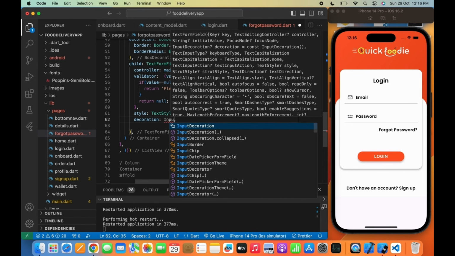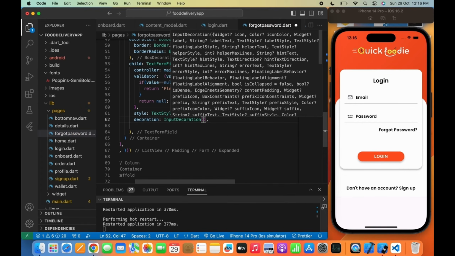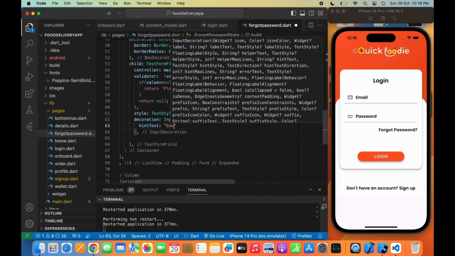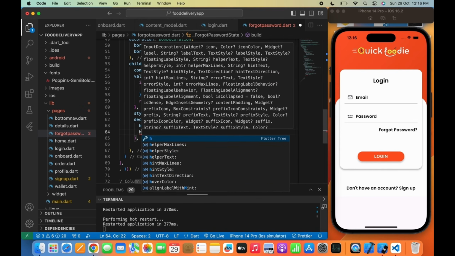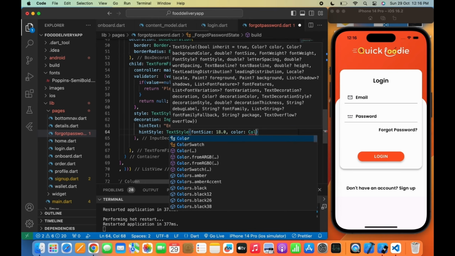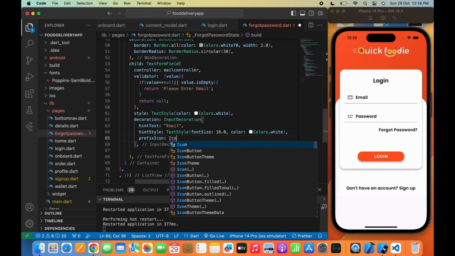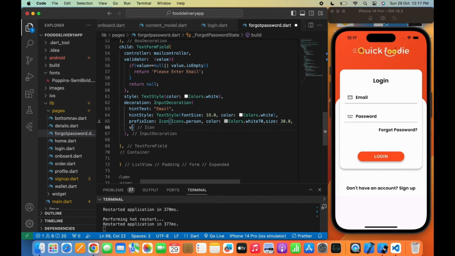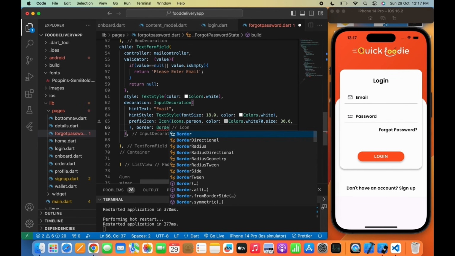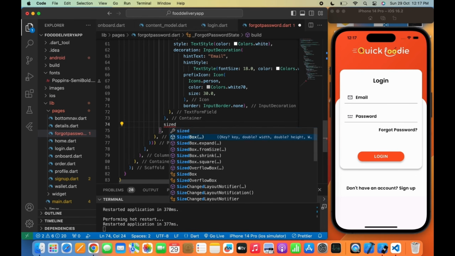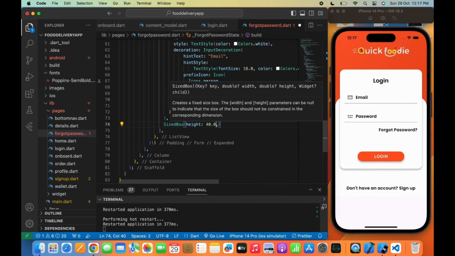Now inside the input decoration, I will pass the hint text here and the hint style to provide the styling to the hint text that we have just stored inside the hint text function, and we'll give the prefix icon Icons.person here, and we'll provide some color to the icon here. Now I will write SizedBox height 40.0